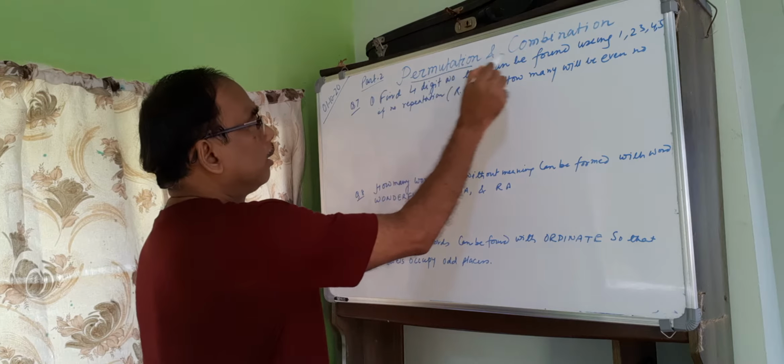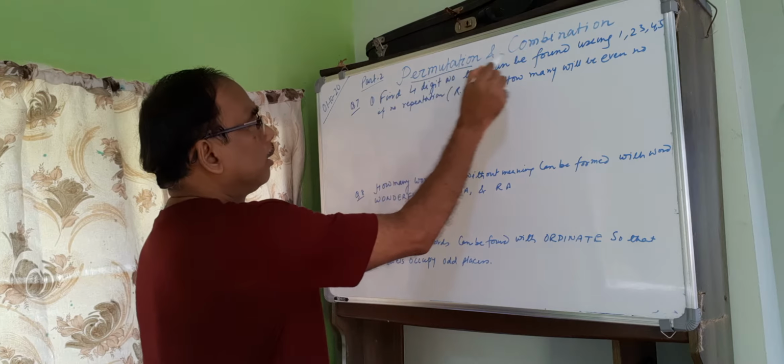And taking 4 at the unit place, 4 is also an even number, likewise 4P3 ways, that is 24 ways. This or that: we can take 2, or we can take 4. That's why the total number of ways equals 24 plus 24, equals 48 ways. That is the first sum.